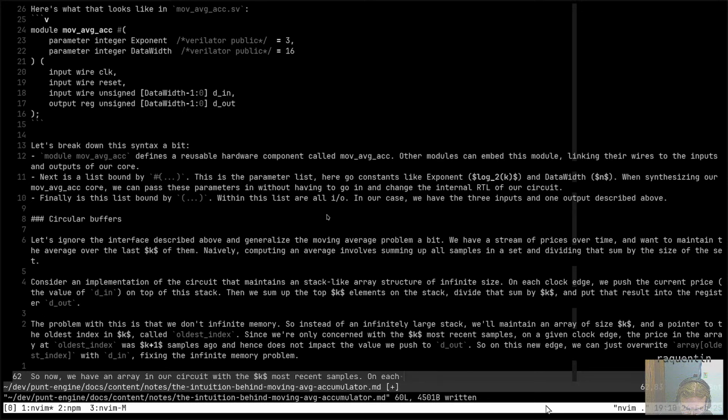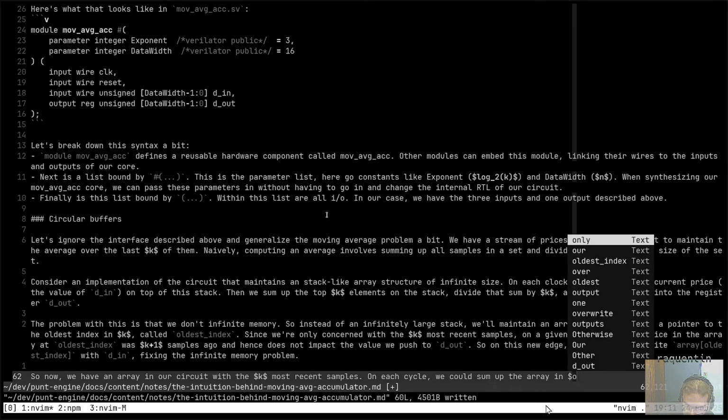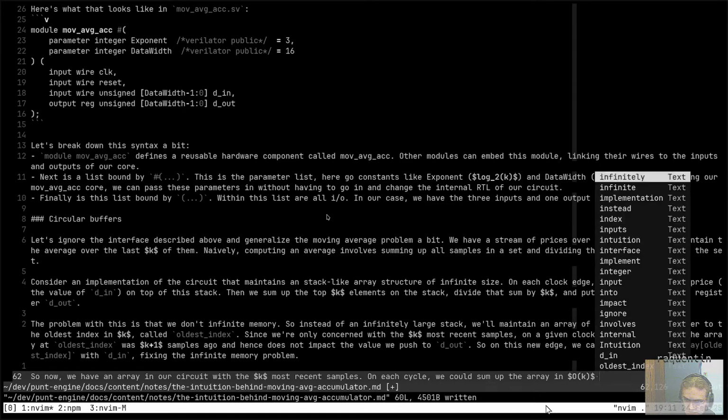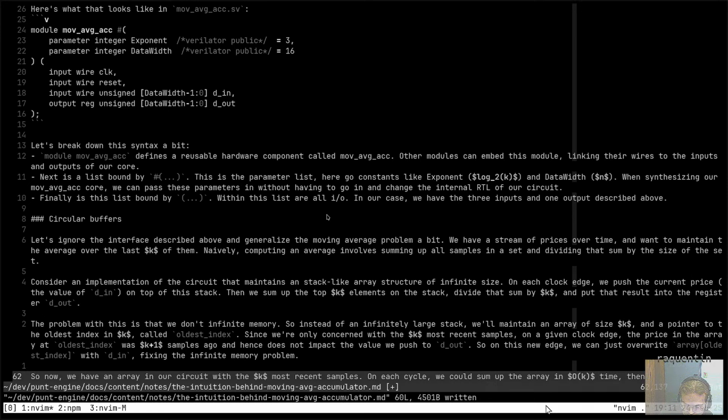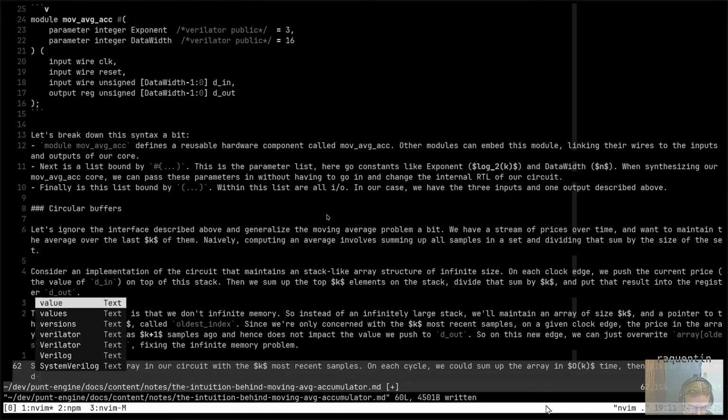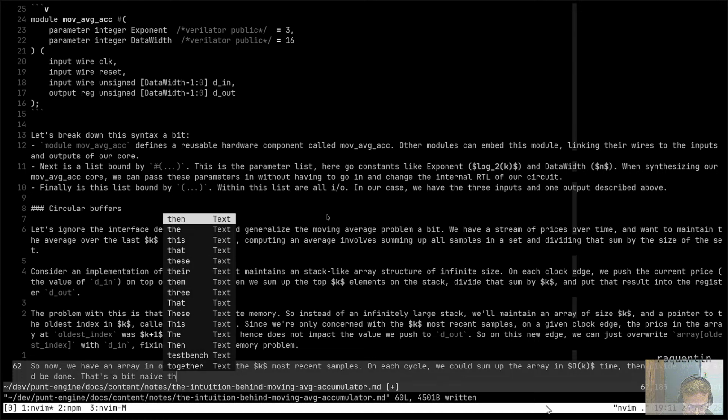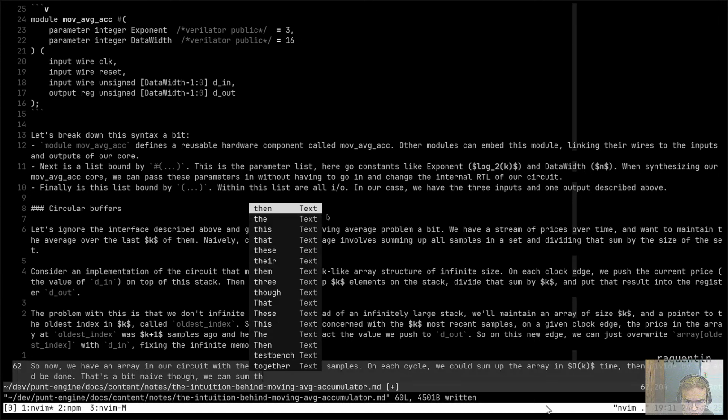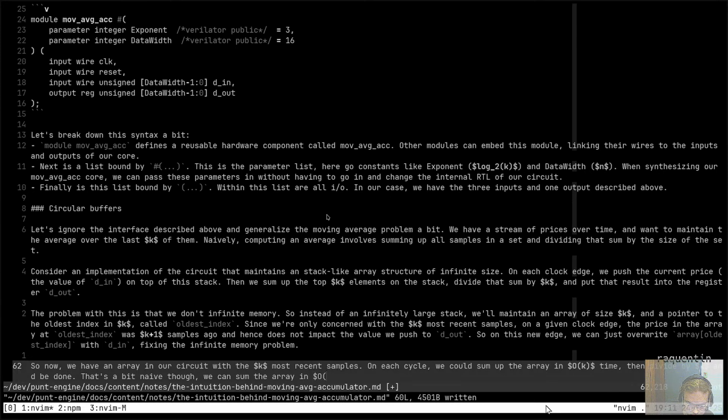On each cycle, we could sum up the array in O of k time and divide by k and be done. It's a bit naive though. We can sum the array in O of 1 time